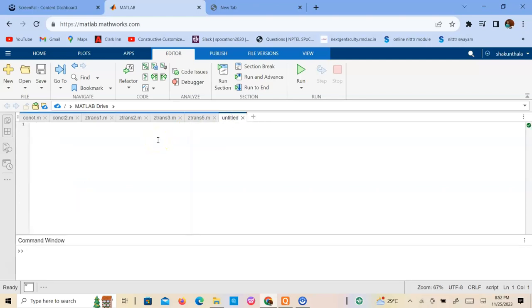So you just start giving your program, okay, then finally we can save the program. Without saving the program also we can run, but while running it will ask us to save the program, okay. So when we have the equation,